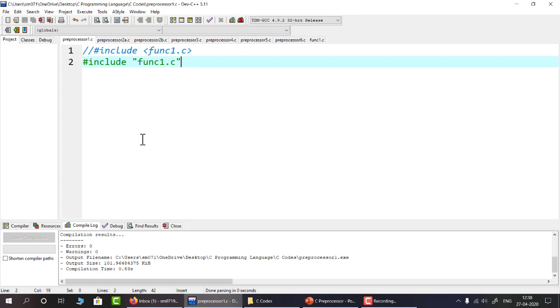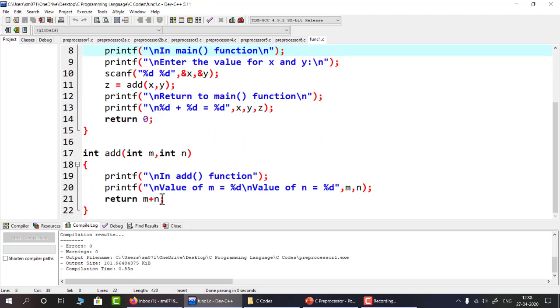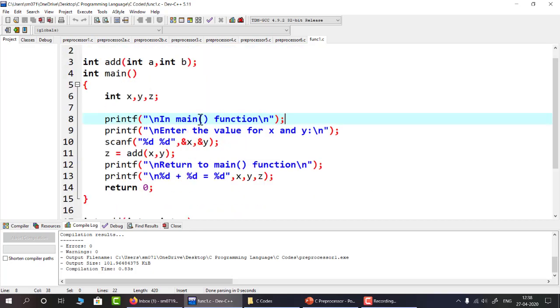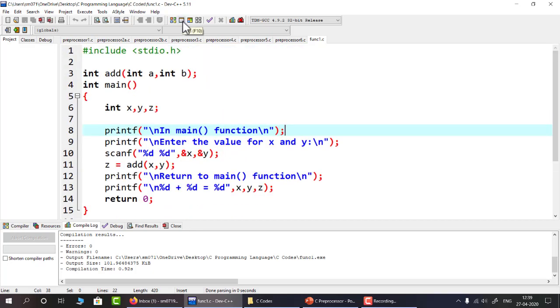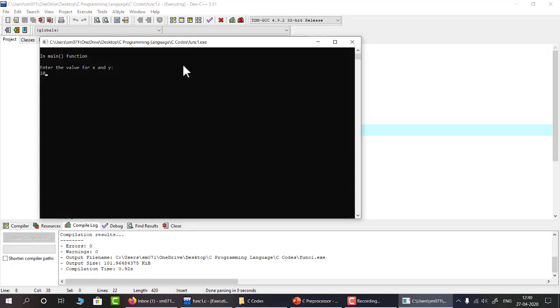Now if I run this code, as we know, it will include or copy each and everything written in the func1.c source file. So it is going to perform each and everything written in that file. So what is the purpose of this one? As we have already discussed, it is going to give me the addition of 2 integer values. So if you run the func1.c source file, then it is going to give me this output, and it will ask for 2 values and perform the addition of those 2 values. So I am getting this output.